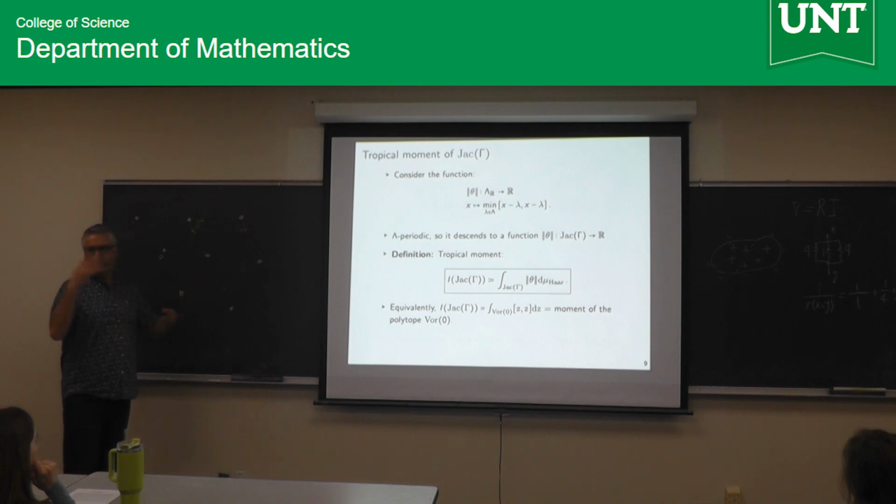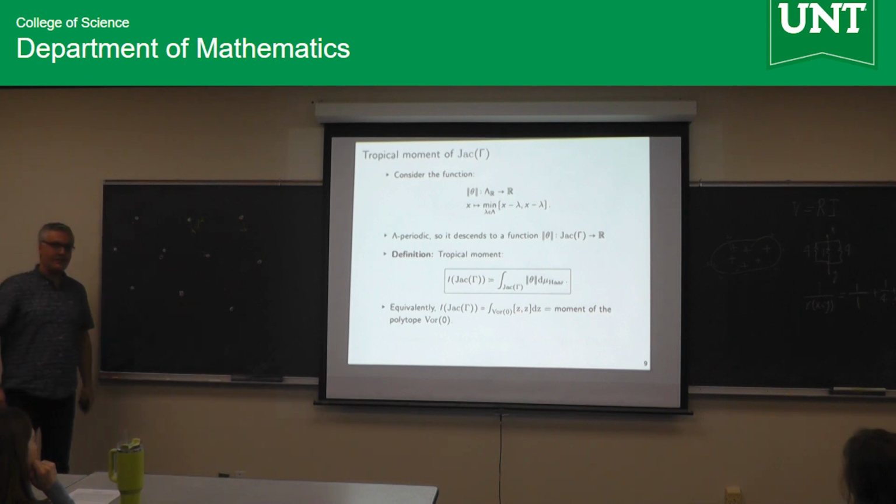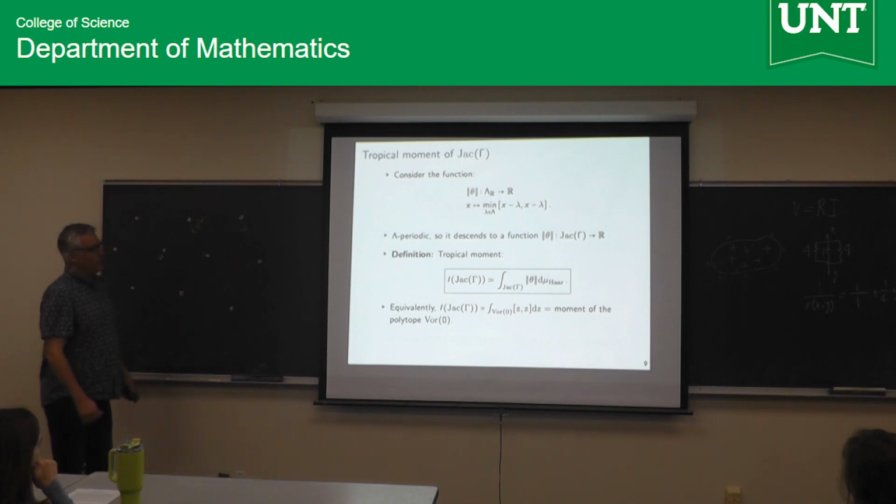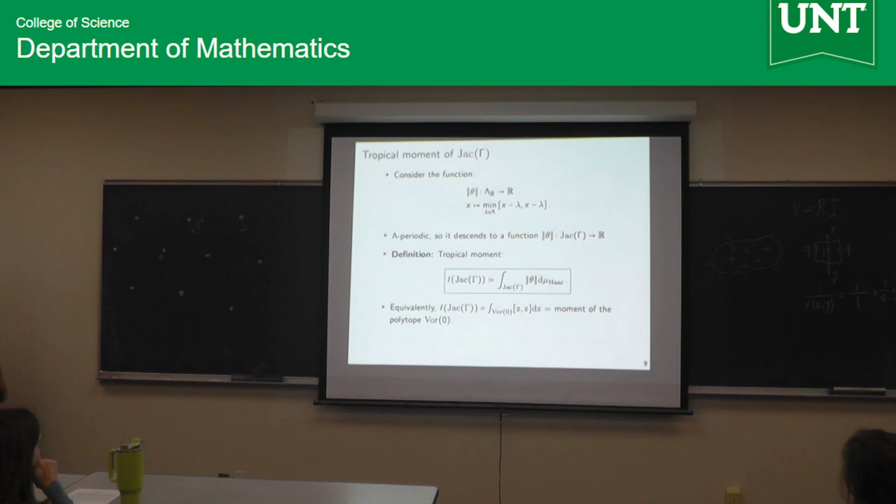So there is some general measure theory statement, maybe even covered in Jackson's class, that compact Hausdorff groups have some natural measure attached to them. And if you have a function and you have a measure, you definitely want to take the integral of the function against that measure. And that's what you compute, and I call this tropical moment or something. And there is a more down-to-earth version. If you know Voronoi polytopes, you can say what this is in terms of Voronoi theory. But let me skip that.